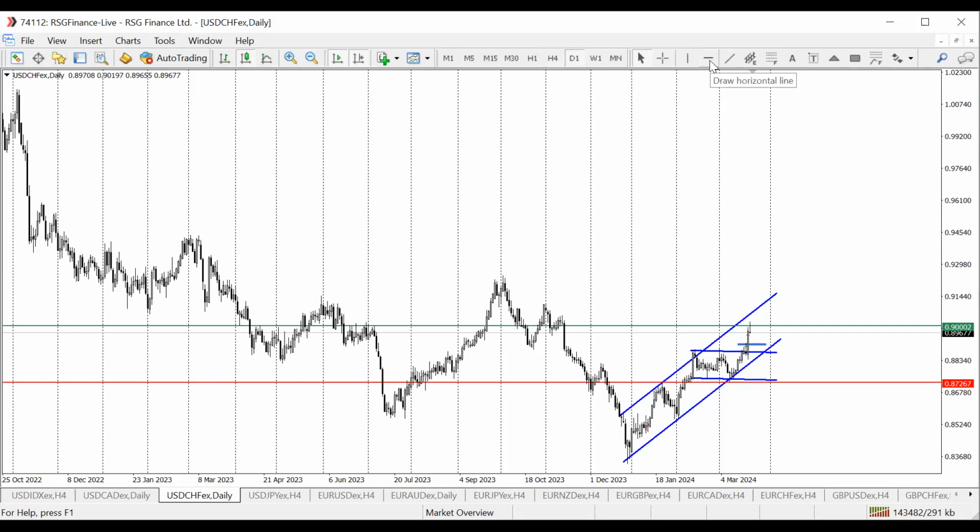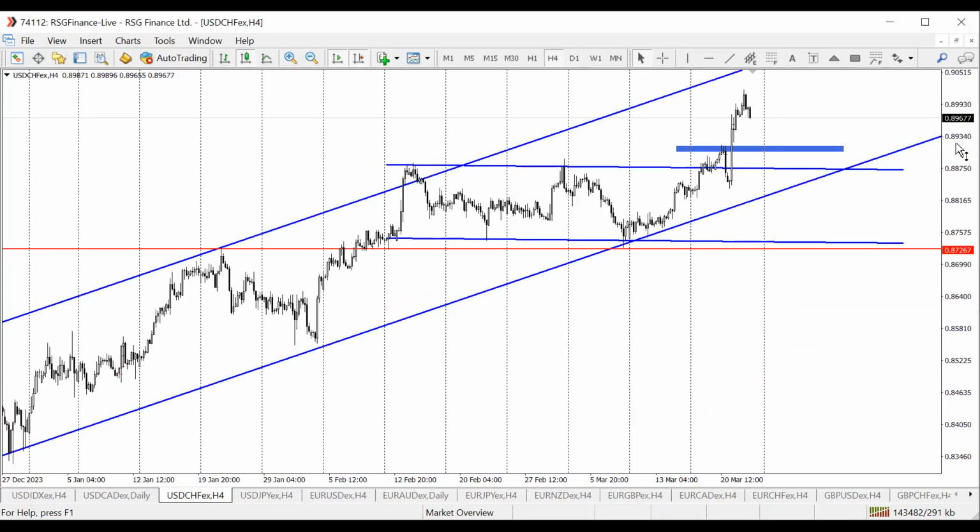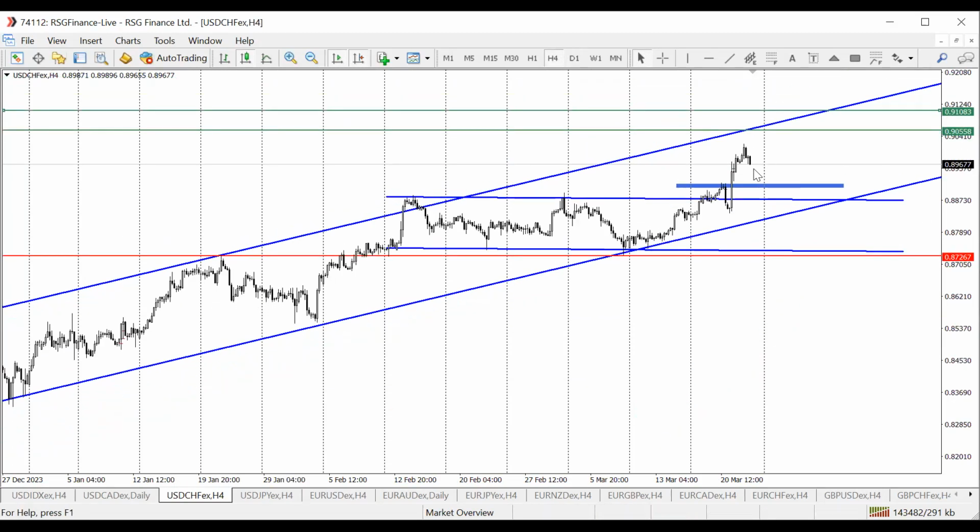So if we are to use where next we anticipate liquidity, we have one here. Let's use the former level, take that out, and then we have the next key level here. So I would like to find a good entry so I can get a good risk reward ratio there. So if price should make some correction, then this will give me a better risk to reward ratio to target my next key level of 0.9055 and final level